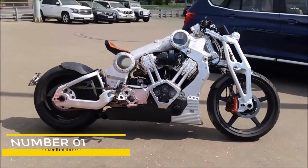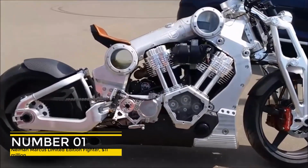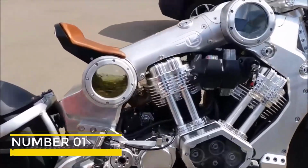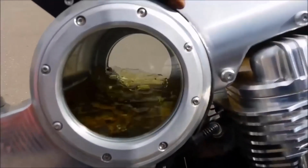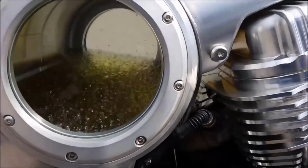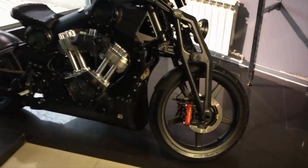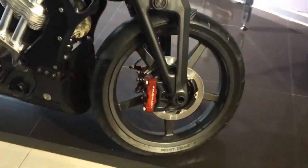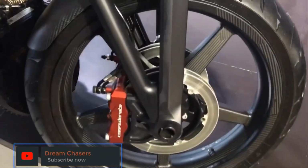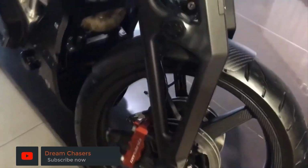Number 1. Neiman Marcus Limited Edition Fighter, $11 million. Steampunk triumphs with the Neiman Marcus Limited Edition Fighter. That's out first thing. Now to the details. Whoever saw it coming that the Neiman Marcus Limited Edition Fighter would later claim pole position on any top 10 list of big bikes is probably a seer of the highest order, especially when one considers how it began in the market